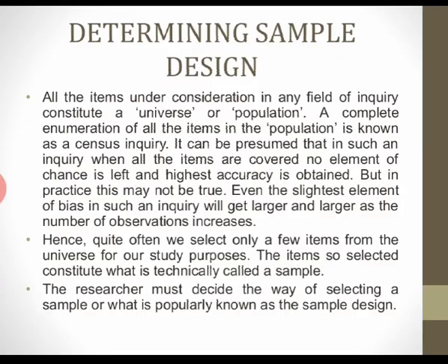Now, after that, the next and most important thing will be to determine the sample design. So, what will be the sample? For example, hydroxychloroquine to prevent COVID-19. Ideally, if we have to find the effect of hydroxychloroquine in preventing coronavirus infection, what we have to do is give hydroxychloroquine to the whole population, that is, all the people in the world. Now check how many people will get COVID-19 infection. This is the ideal way, but practically this is impossible.